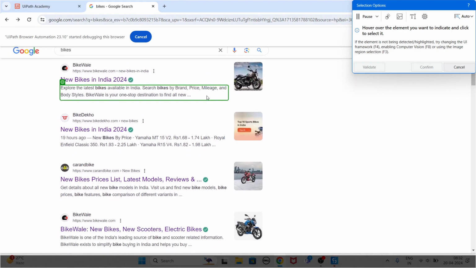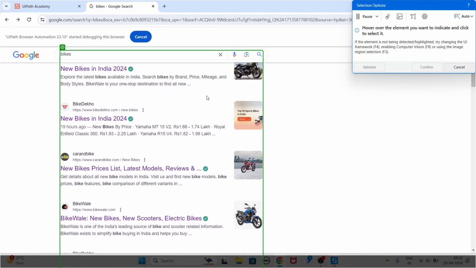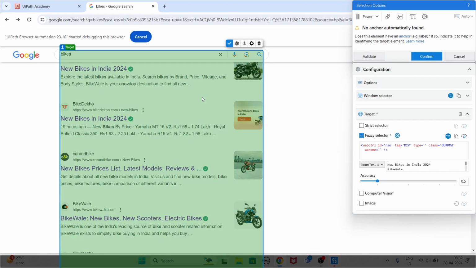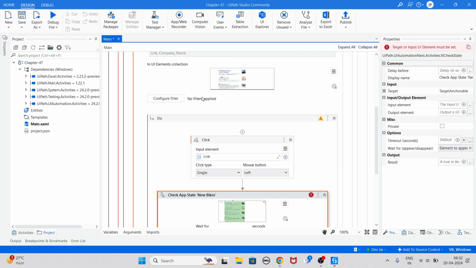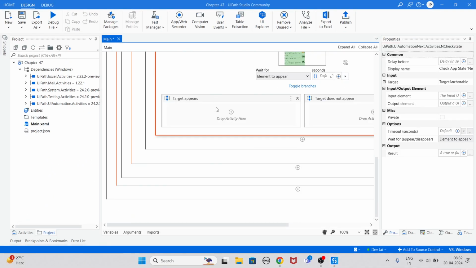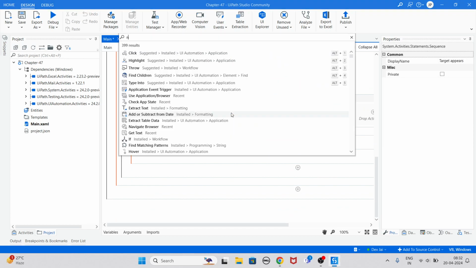I can indicate it like this, but it will only be taking this part which is visible to me. So enter, and now add